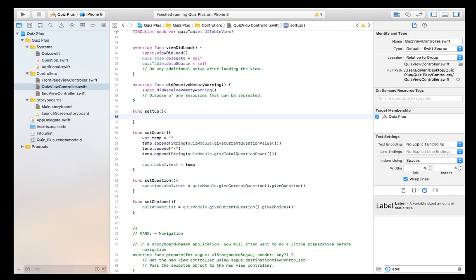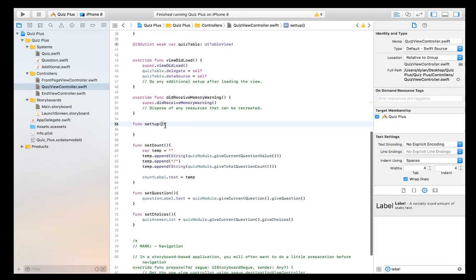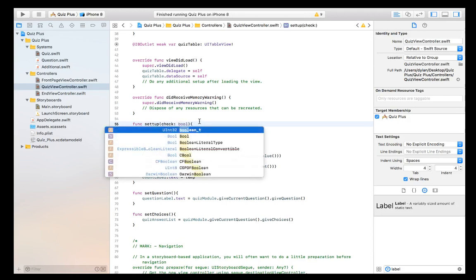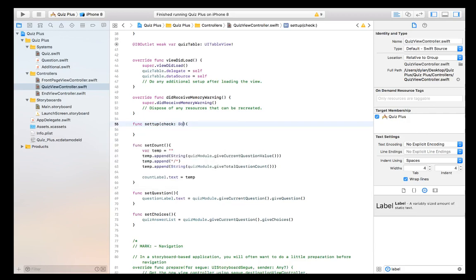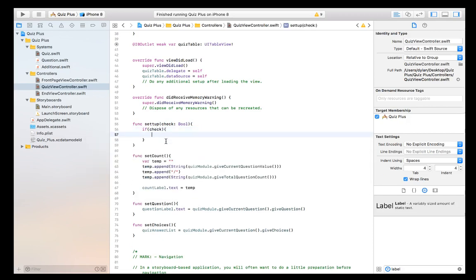Very simple to do. And now here's the fun part. This is where we take in the check. If you remember, we had a Boolean set up a while ago for this very reason. So if check, we're going to set up everything